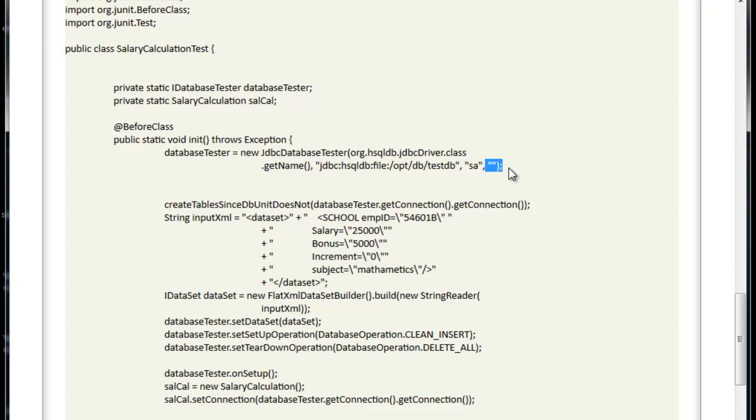Then, if we have a service layer or extra classes like action classes, we inject the service class into the action class. Whenever we write a test case, the only difference is the database details we use for actual test cases.